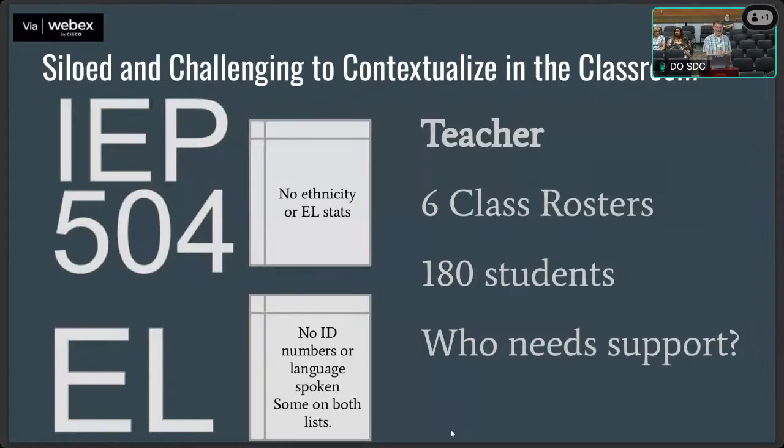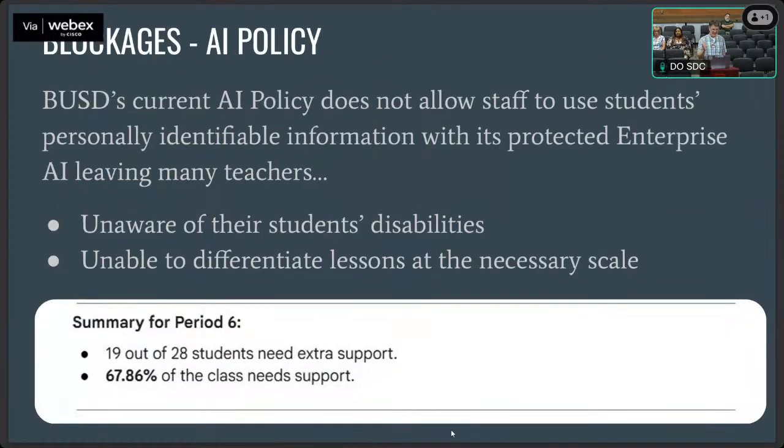This student has an IEP and he's an English language learner, but doesn't want to say it because he's embarrassed or whatever. And so we have 180 students. I had one class this semester that had 68% of students needing extra support. And guess when I found that out? At the beginning of semester 2. Right when the district opened up AI and they hadn't had a policy yet, I kind of, I'm a pioneer. So during that window when we had AI and no AI policy, I took those 2 spreadsheets and I asked AI, not public AI.